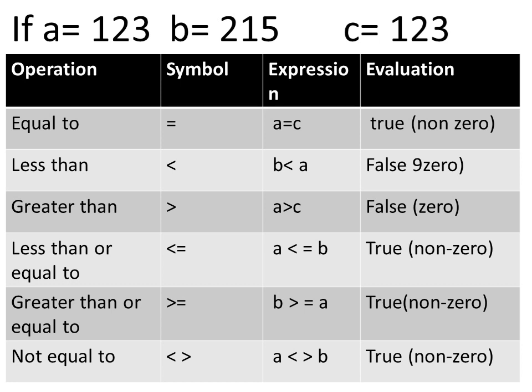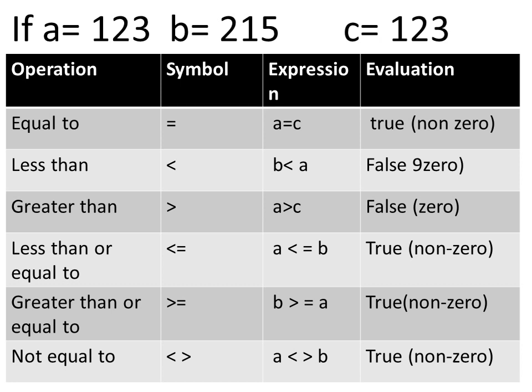Next operation is less than or equal to. If we use this symbol between the values a and b, so we can write it as a is less or equal to b, then this is our true statement because the value of a is less than the value of b.